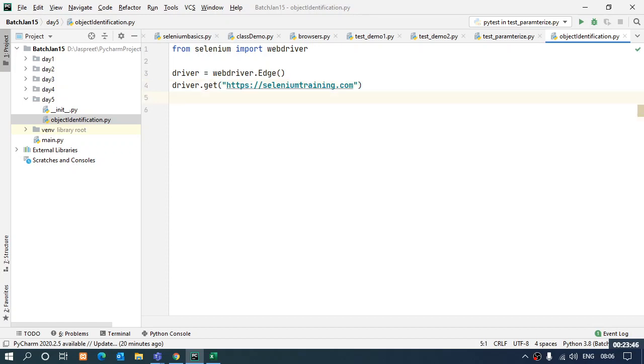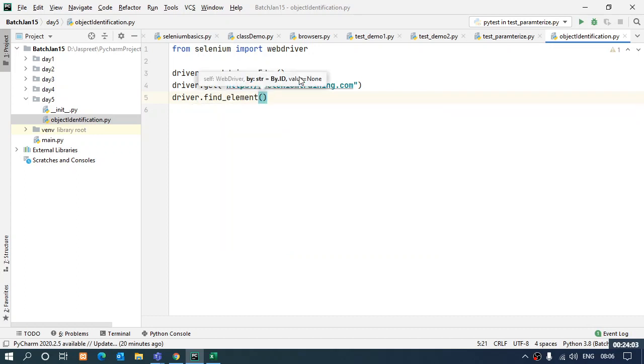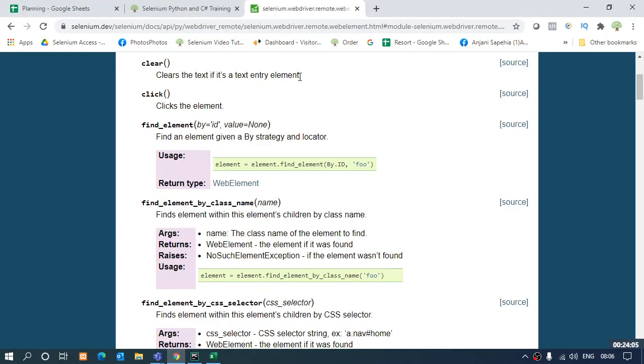Okay, now I'm going to extract that text box that I was talking about. So the command was find element, right? So I'll say driver dot find element in here. Now to this find element function, I have to pass two parameters.